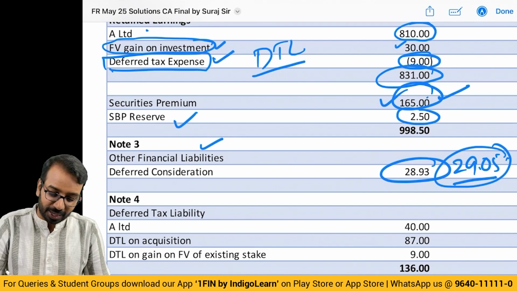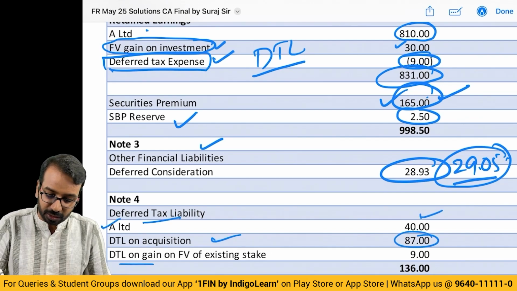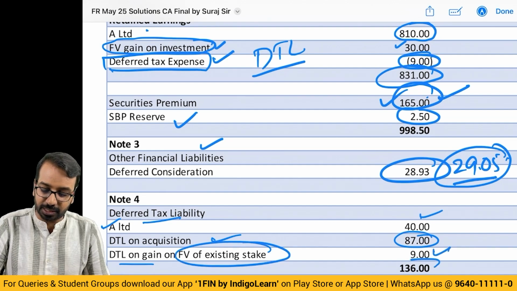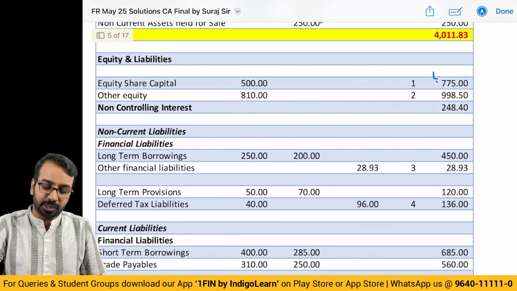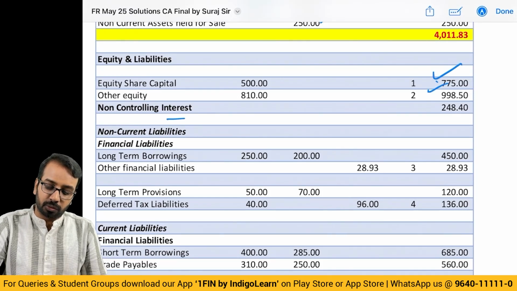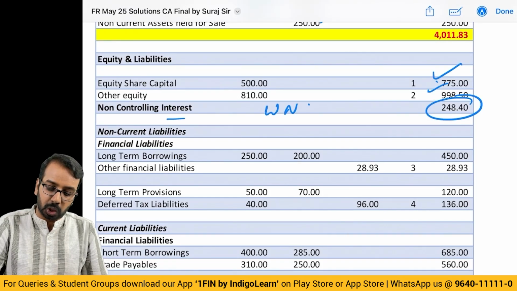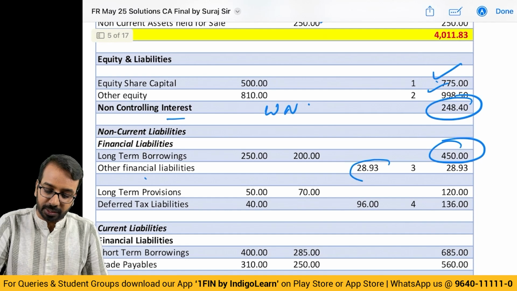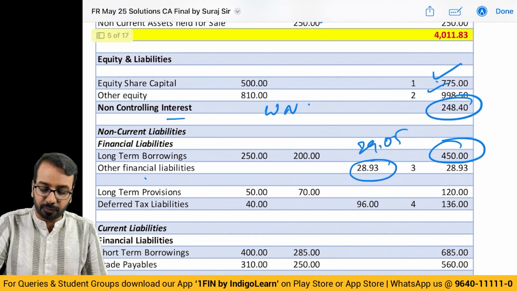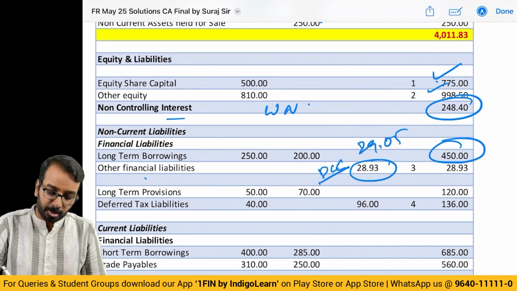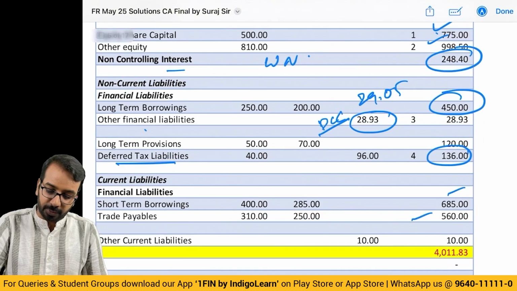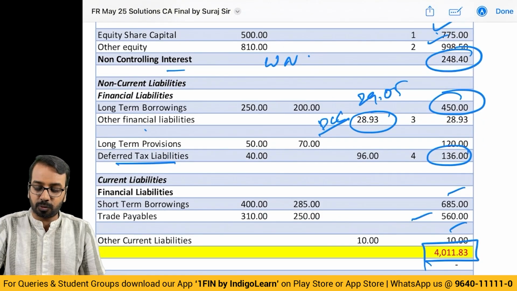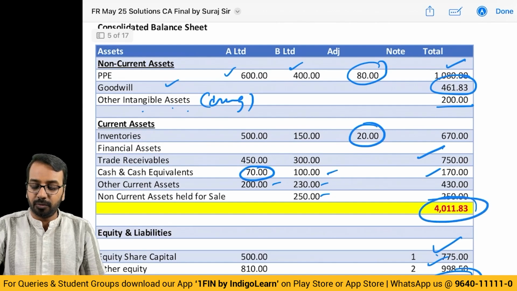Okay. Then deferred tax liability, A limited was 40, DTL on acquisition was 87, and DTL on fair value gain of existing stake is 9, total DTL is 136. Those numbers you will plot it here. Equity share capital, other equity, non-controlling interest from the working note, long-term borrowings as it is, other financial liabilities is 28.93 or 29.05 is your deferred consideration. Then deferred tax liabilities 136, short-term borrowings, trade payables and other current liabilities makes a total of 4011.83,